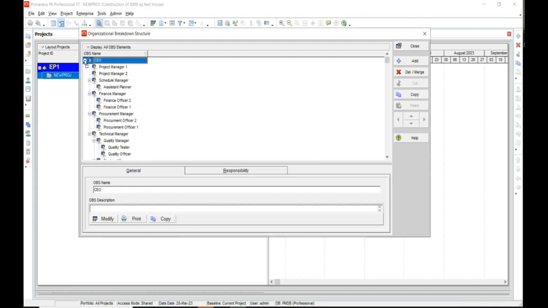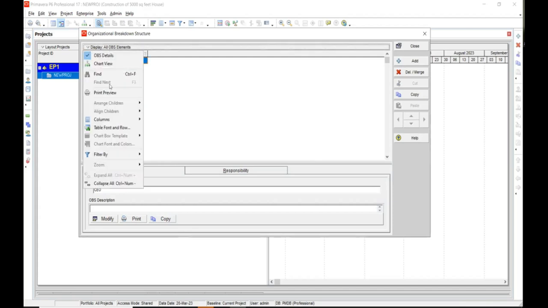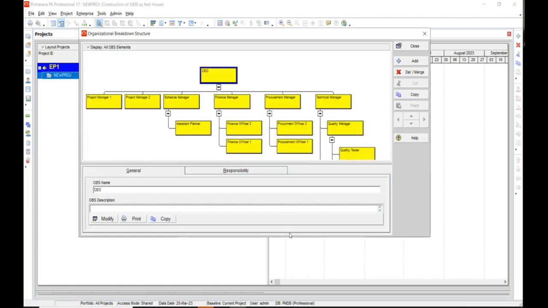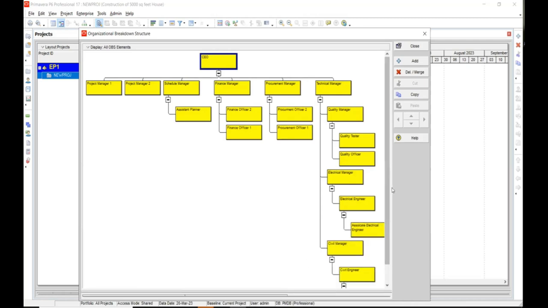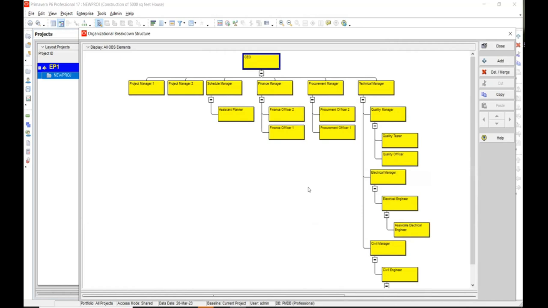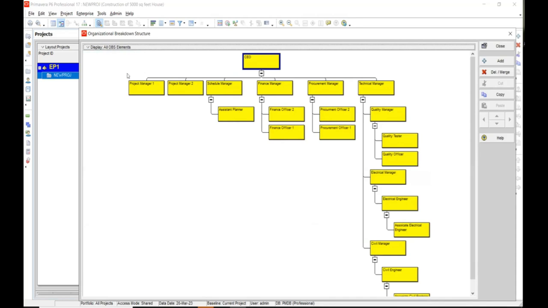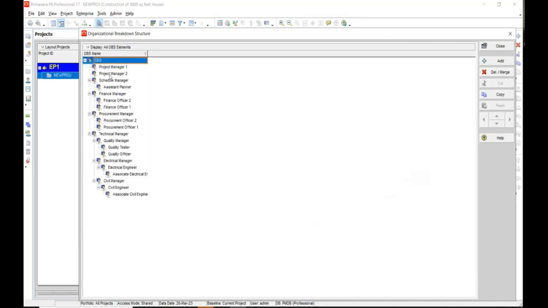So if you have any question, please feel free to ask. You can also change the view here. So if I want to change to the chart view, just click here, you will see the chart view. Increase the window. See that this is my OBS. So there is a mistake. The mistake is that project manager one and two and all managers are at the same level. So we need to change that. Again, go back to the tabular view and